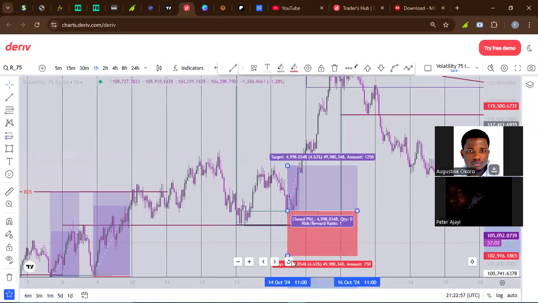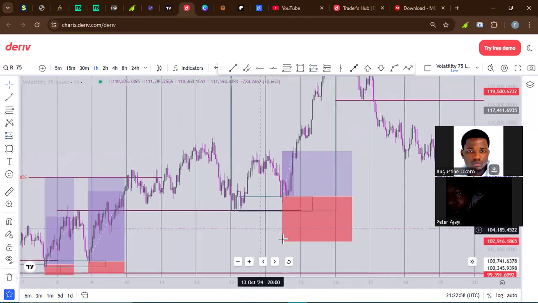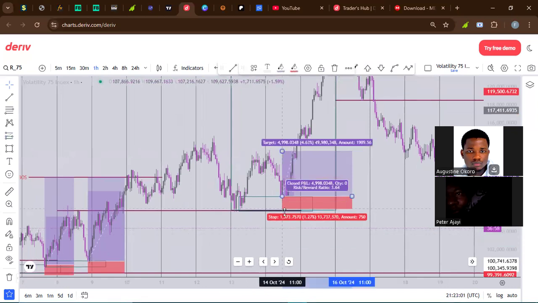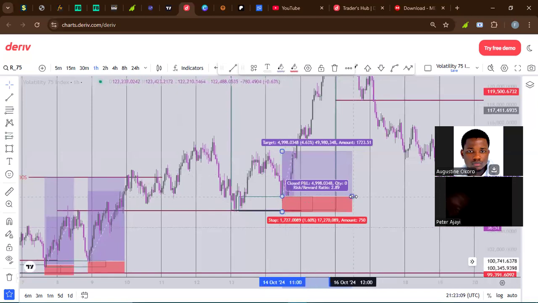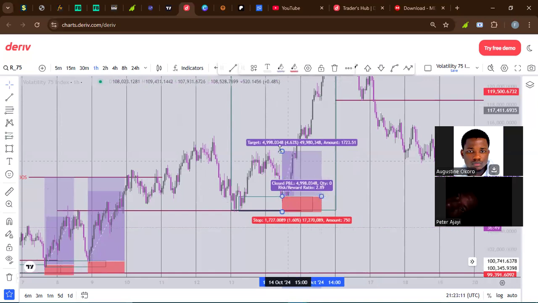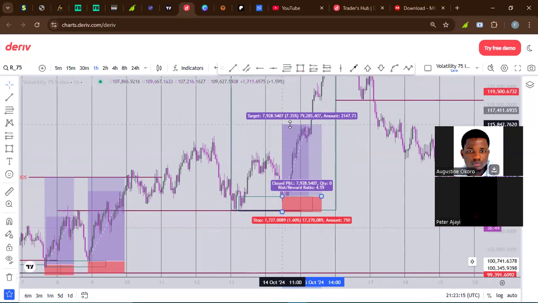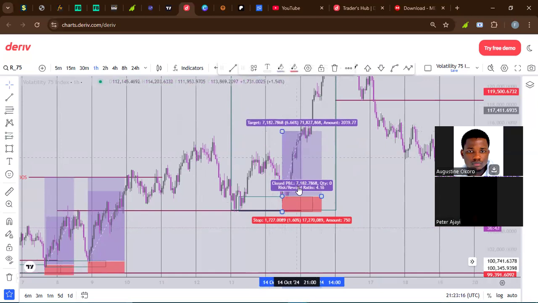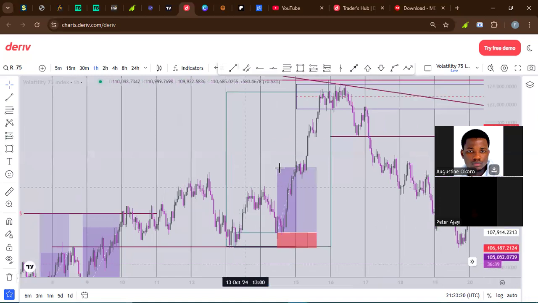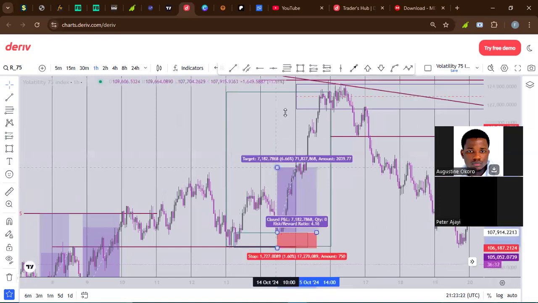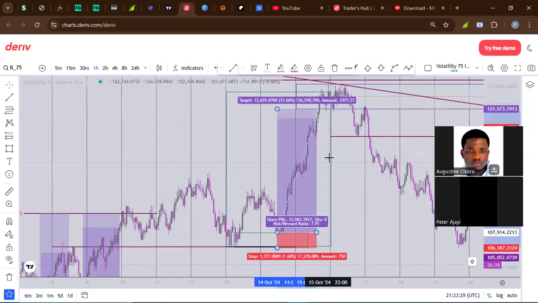I'm just showing you the very, very secret you can ever get. It's for you to just wait for the market to come back to this order block, or maybe set your limit order. Then your take profit should be at this top, or maybe more if you want more. Maybe you want to hold for 2 days or 3 days, you can just hold for 2 days or 3 days until the market starts dumping.